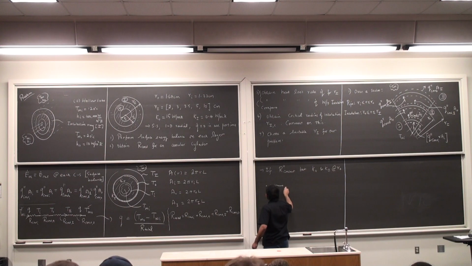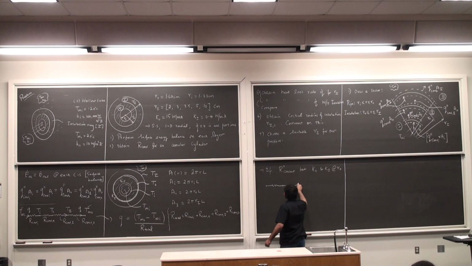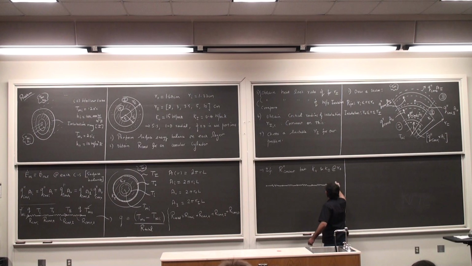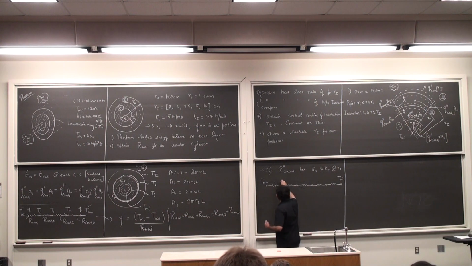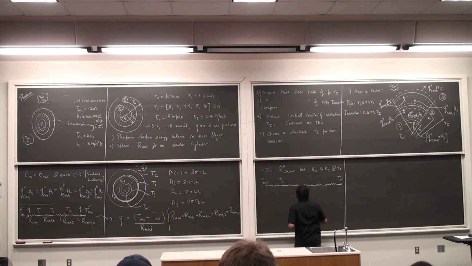Similar to before. T infinity naught, T infinity I, then I have the rest of the temperatures Ti, then this is some T1 naught, T2 naught,